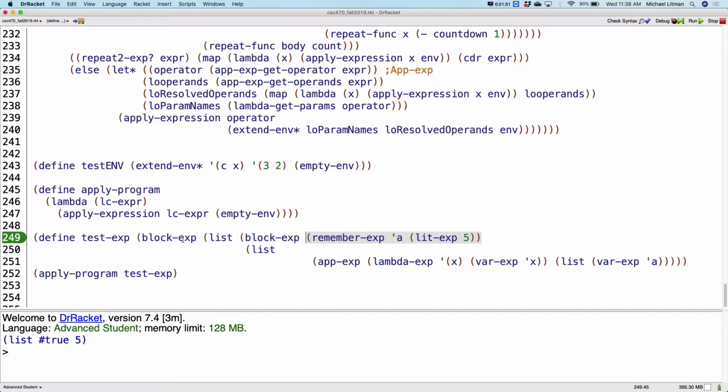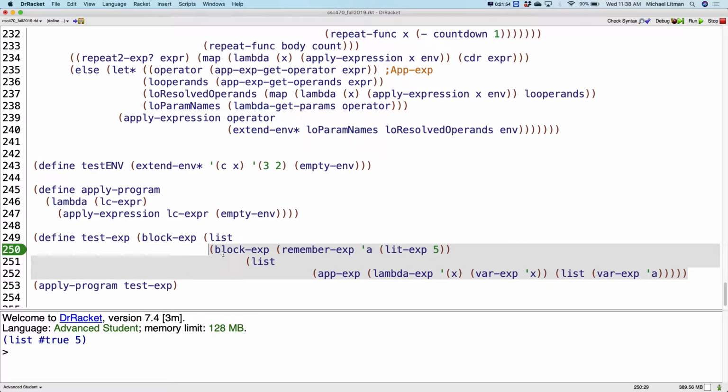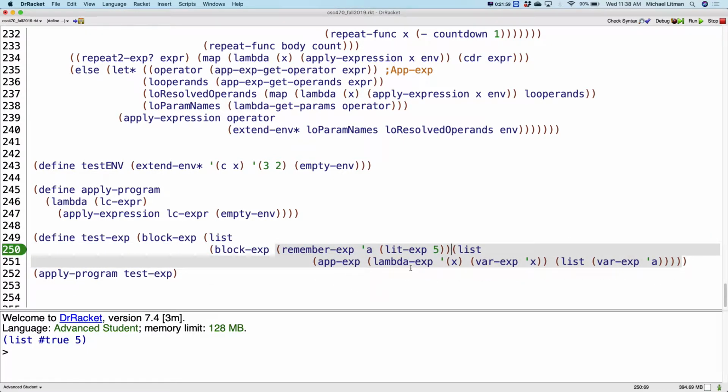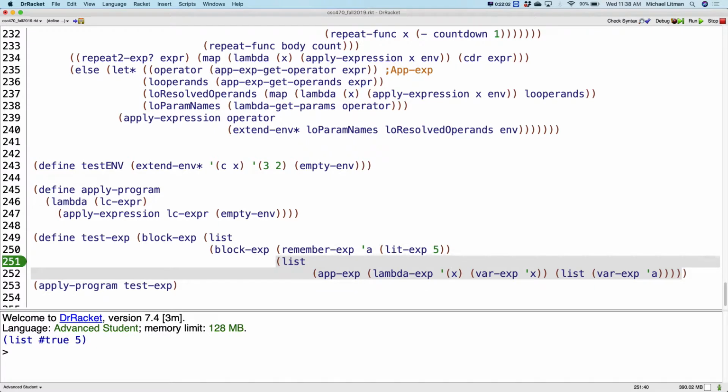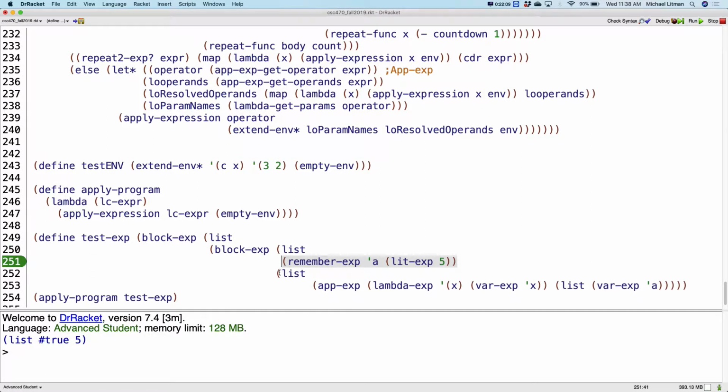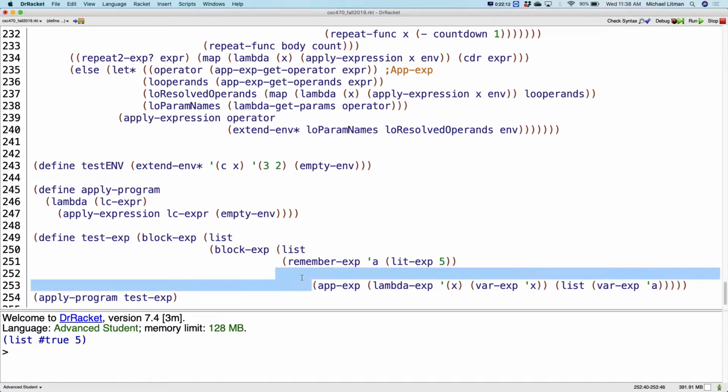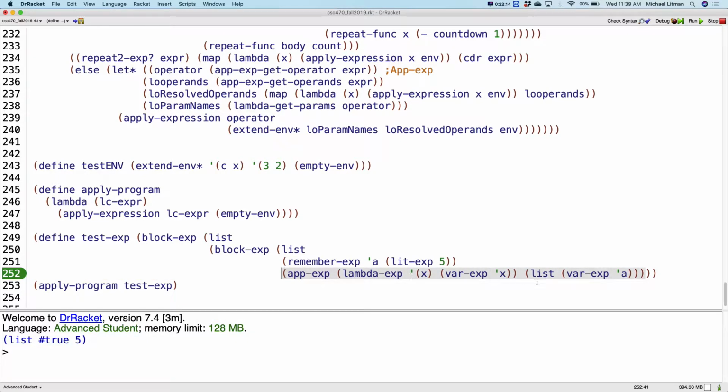I'm going to create a block expression up there. So I'm showing us a block inside of a block. So in this inner block, I'm going to remember a variable name. And then I'm going to have my app expression here that ultimately boils down to that value of 5. All right. Then I finish my block expression,